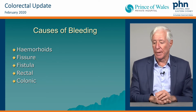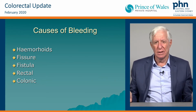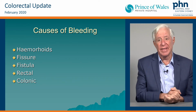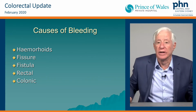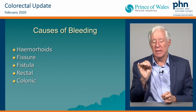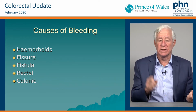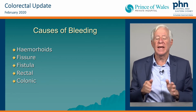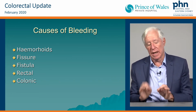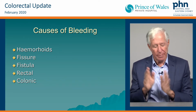So go back for a moment to the fissure. They're painful. If you don't have pain, you don't have a fissure either, or are unlikely to, or you don't need treatment for it. Because a fissure is a tear in the most distal part. Nature's good to us this way, they're almost always distal. In the anal verge, the majority of which are posterior midline, some are slightly posterolateral, and some are anterior, but mostly distal and mostly